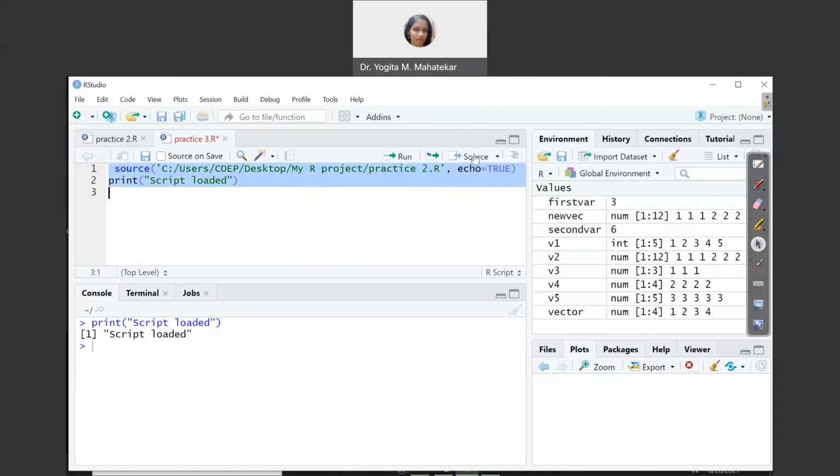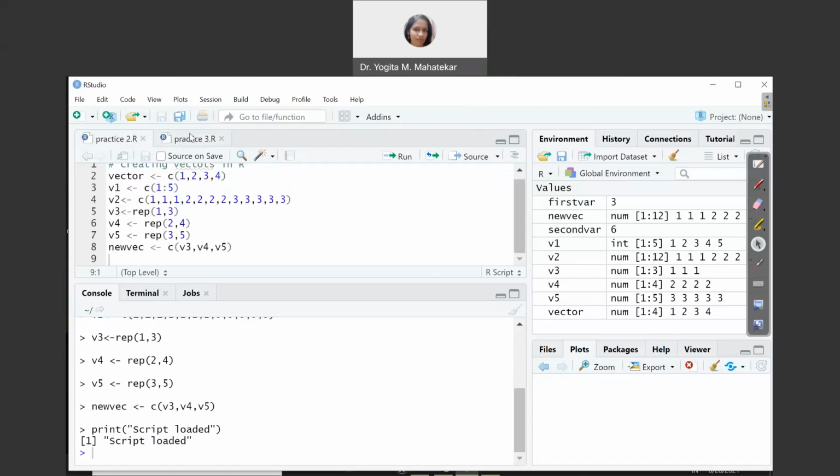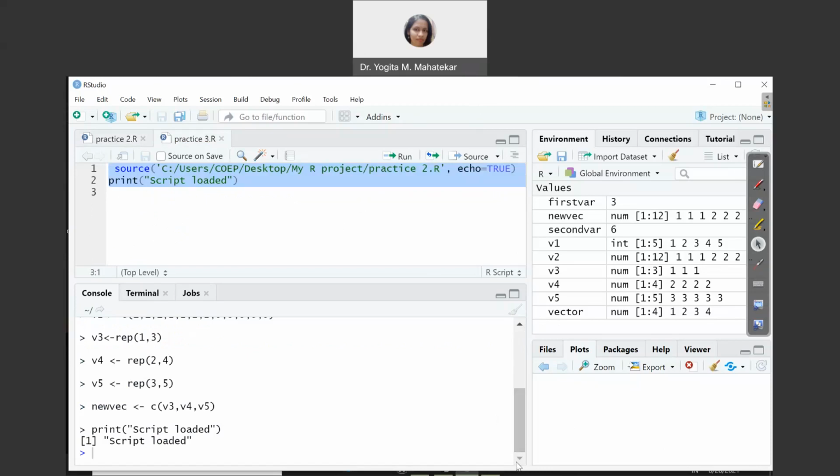And suppose I source it, it executes the whole source of the address of your practice2 script, whatever you have created in today's session, that will get run. So one can see in the console everything is appearing again.